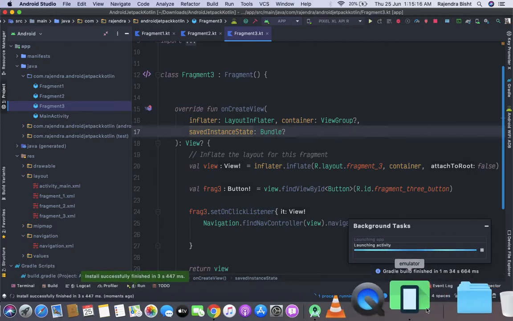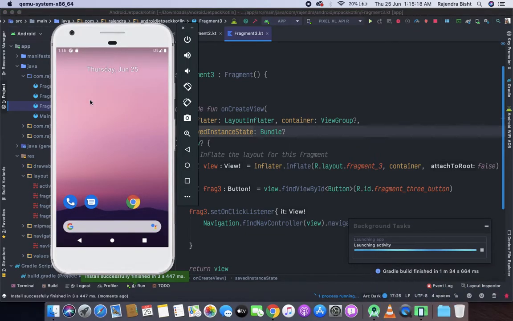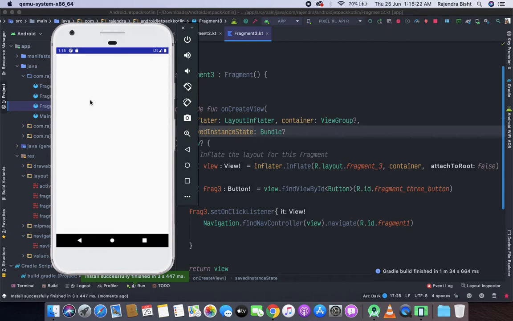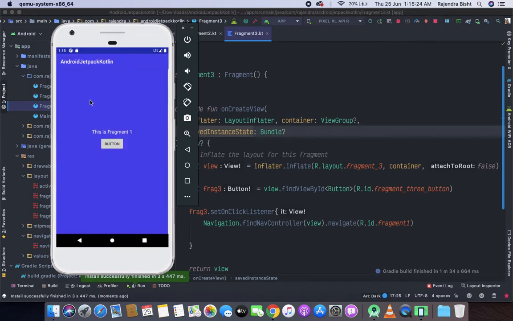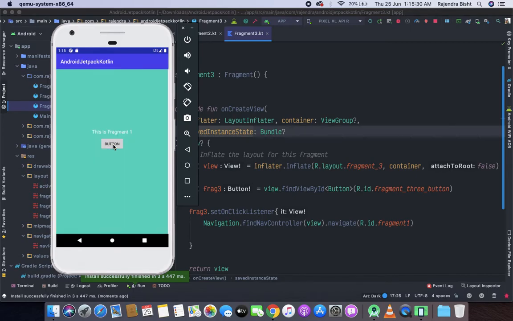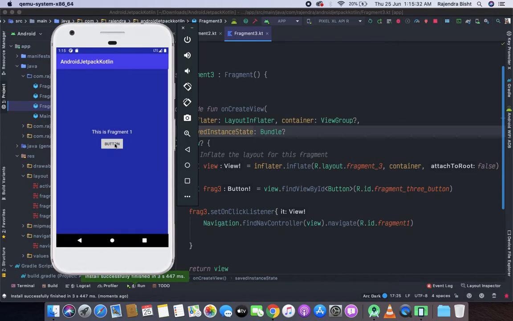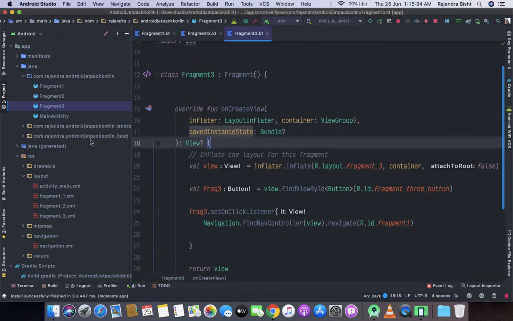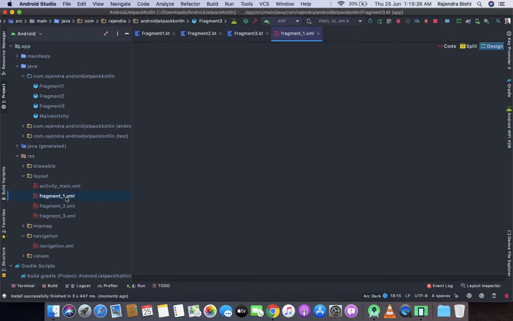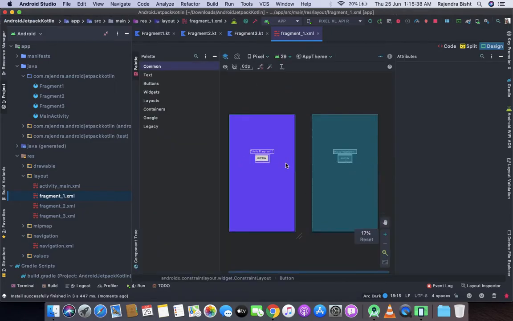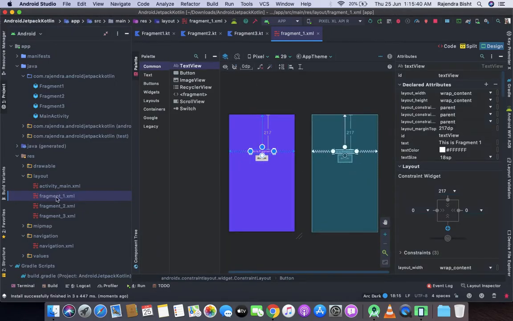Now installing the app. So now I'm going to click the fragment 1 button. Okay, just go to the layout file, and this is the one.